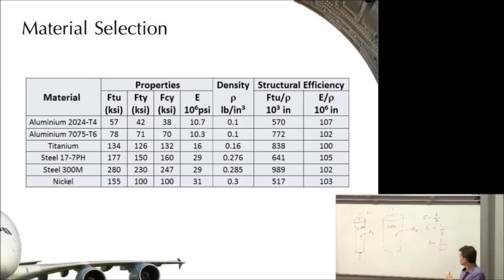Now if we've got kilopounds on the top of the equation and kilopounds per square inch on the bottom, what's the answer going to come out as? Square inches. Yeah. So the way I've drawn these, we're probably going to end up with sort of wires rather than rods, but